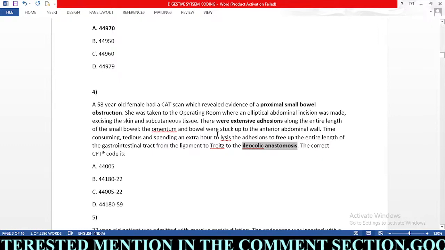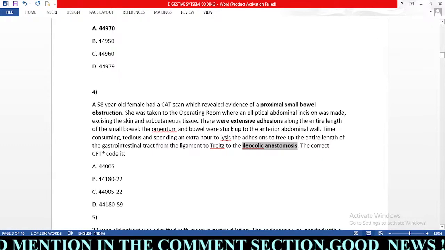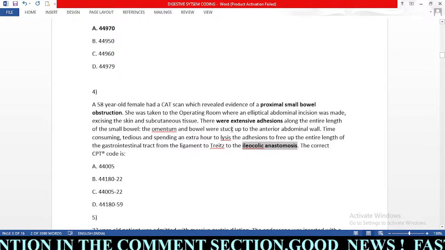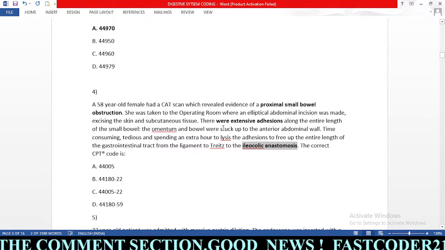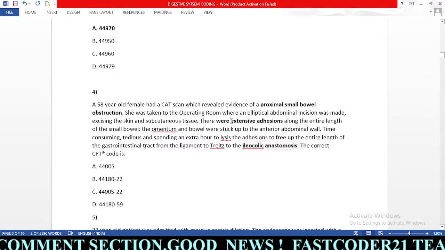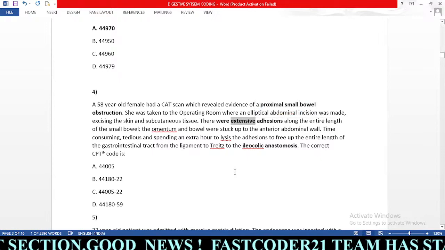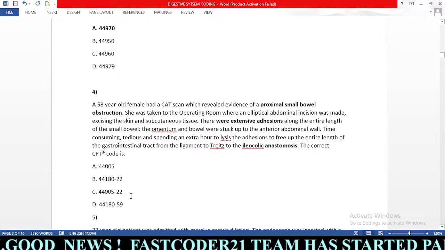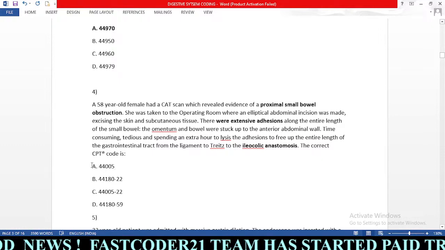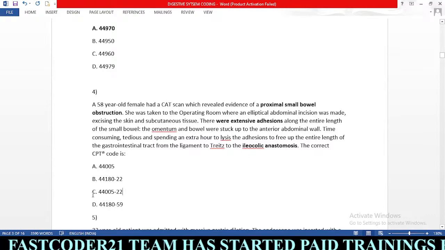So here the physician has performed only lysis of adhesion. So he made freeing of the tissues. And here we have one keyword based on CPT guidelines. If the physician mentions the extensive keyword, we need to use the 22 modifier for increased procedural service. So here A is normal lysis of adhesions. So C is